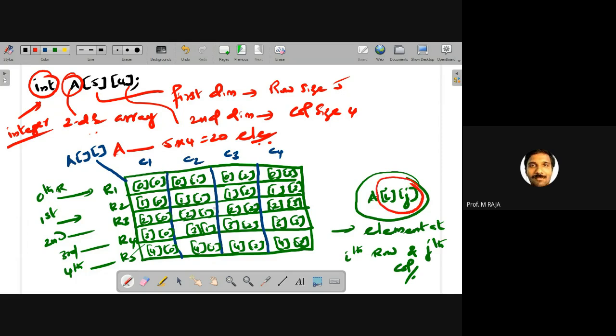This is the index representation. For example, this is i, this is j. First index is i, second index is j. First index corresponds to the row, second index corresponds to the column. So what about i and j? i ranges from 0 less than or equal to i less than or equal to first dimension minus 1, T1 minus 1. j ranges from 0 less than or equal to j less than or equal to T2 minus 1,